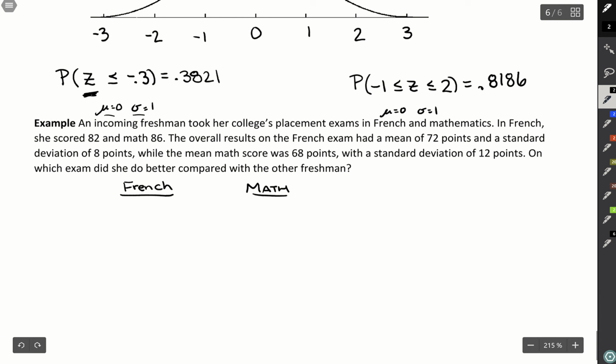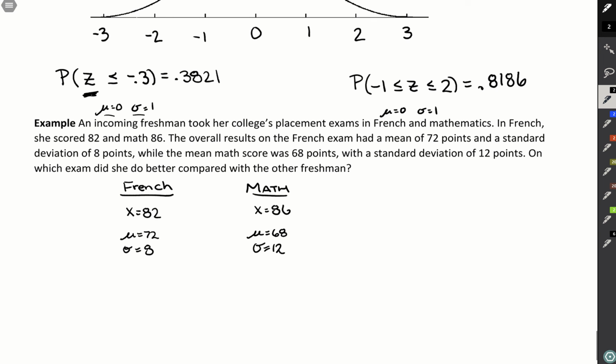For the French test, she scored an 82. And for the math test, she scored an 86. So for the French exam, there's a mean of 72 with a standard deviation of 8. And then with the math test, there's a mean of 68 with a standard deviation of 12. And we want to see which exam did she do better on. Now notice with extraordinary, it was just about distance away from the mean. In terms of better,